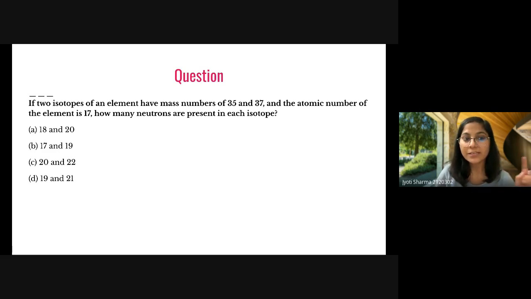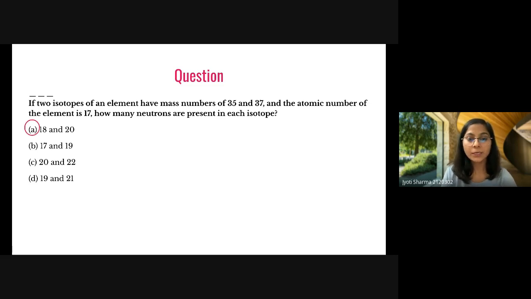We already discussed that if we have two isotopes, the atomic number will be the same. Atomic number is 17 here, and atomic number is nothing but the number of protons, right? And we have different mass numbers, 35 and 37, and this mass number is the sum of protons and neutrons. So if you know the value of protons, you can calculate the neutrons. So you can tell me the neutrons. Venkat Rao and Chinna are giving me the B answer.